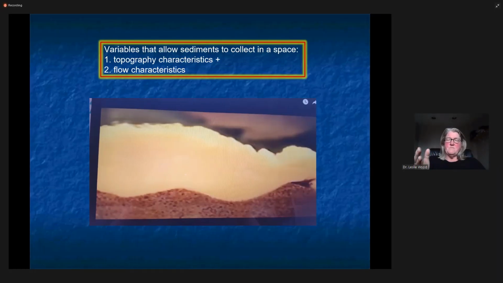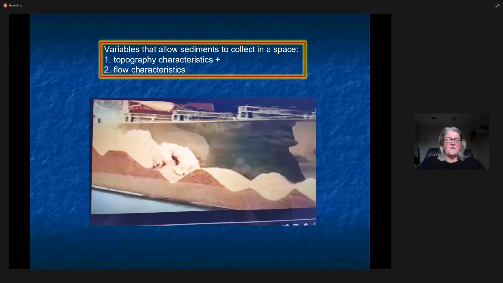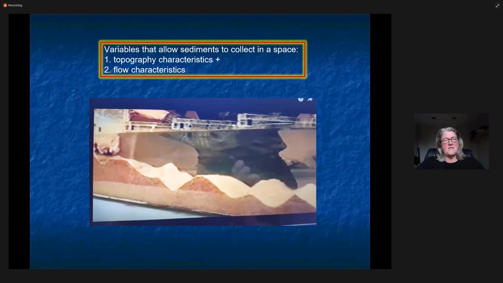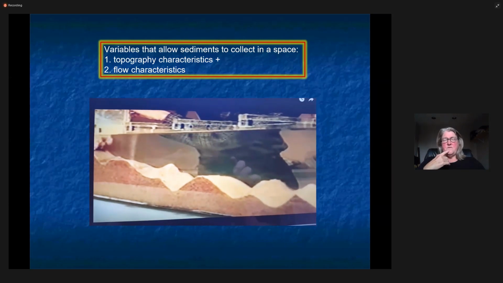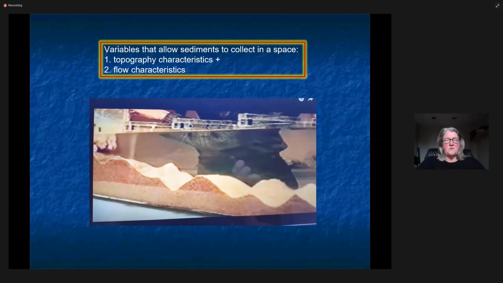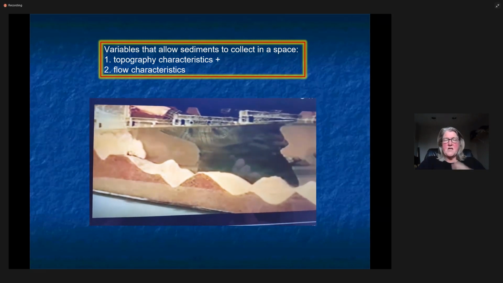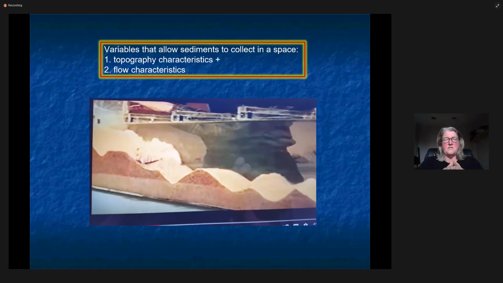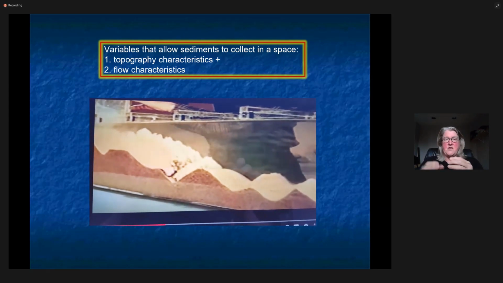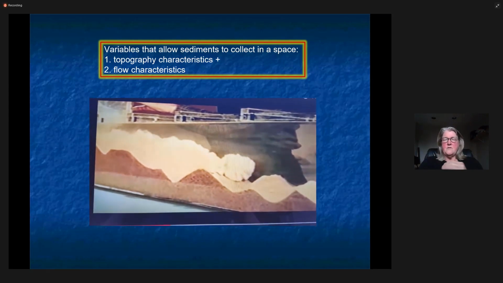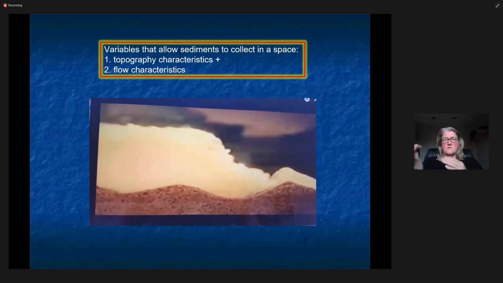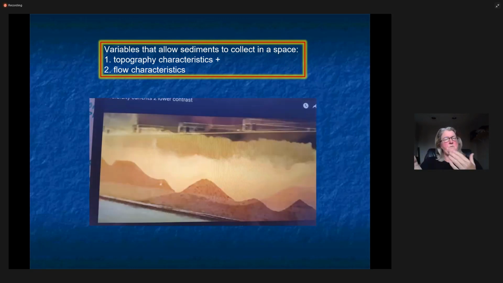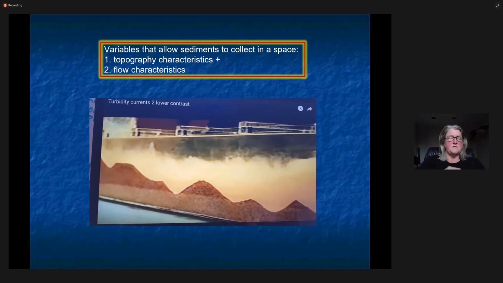And so what we've come to realize over the years is that you can't just put a cap on that feature right there and say, here's the accommodation that I'm going to fill up, right? It also is how the flow characteristics are interacting with that accommodation and how they're behaving in and around that accommodation that results in the types of fills that we see in both the deep water systems and even in fluvial systems, and as I'll show you, even in aeolian systems.